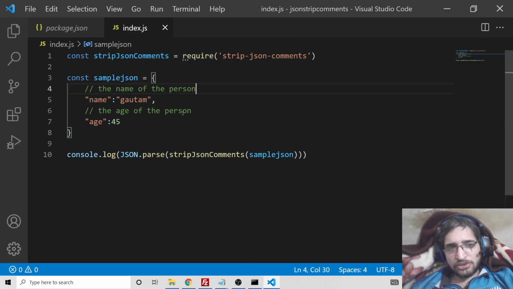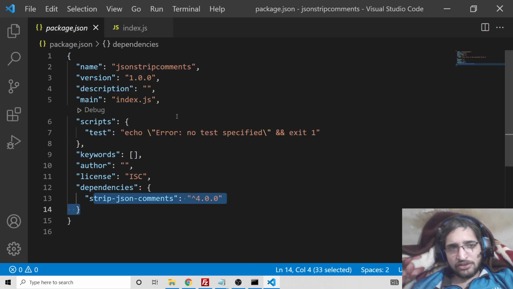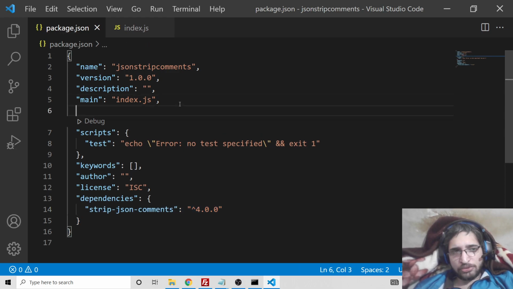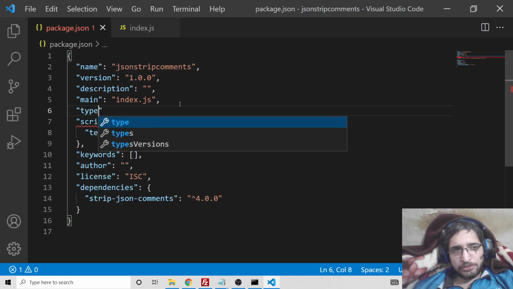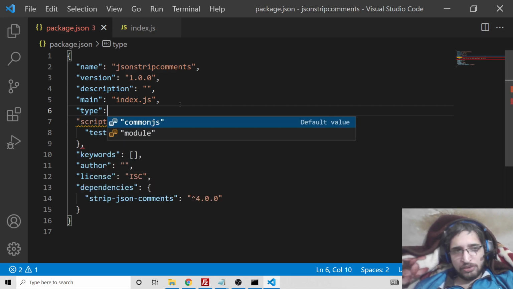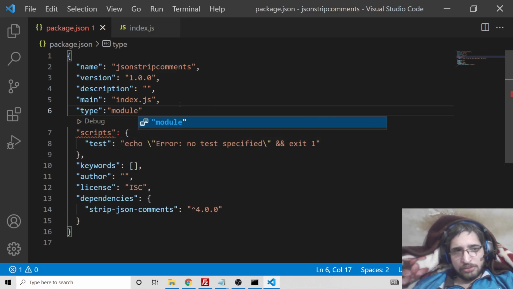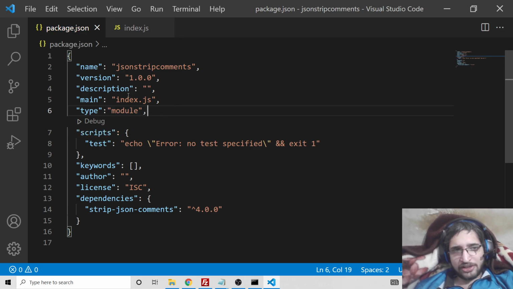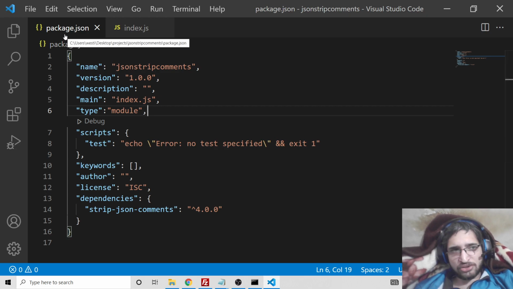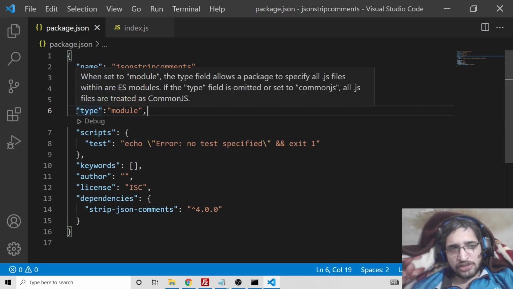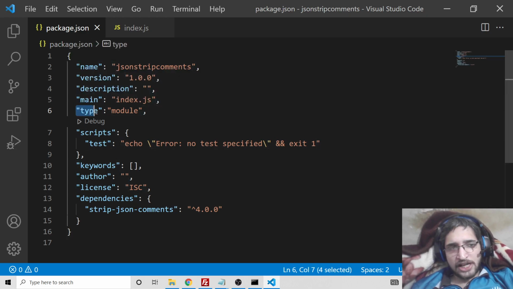What you need to do is go to your package.json file and put a line inside the script section, which is type equal to module. Put a comma again, that's it. This is the line you need to add. You just need to modify this package.json file and initialize the type attribute equal to module.